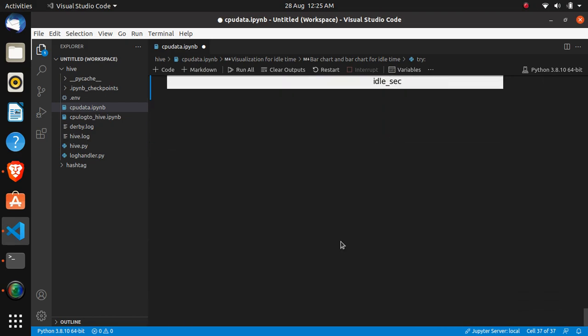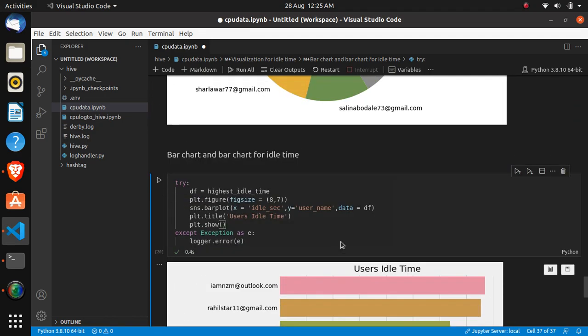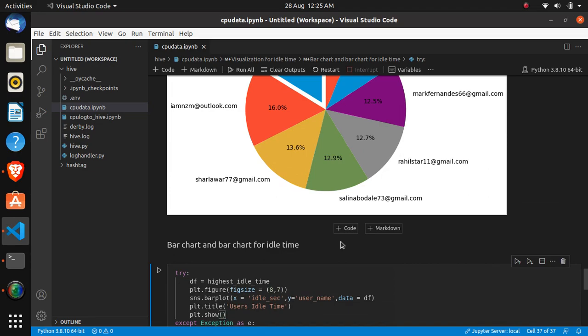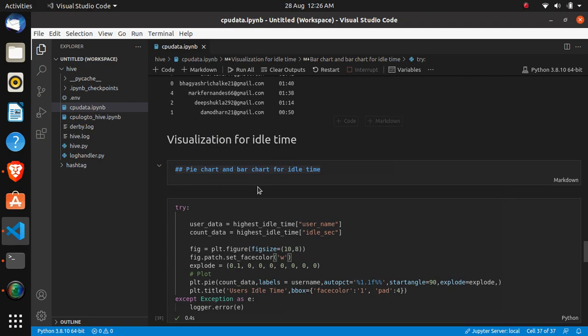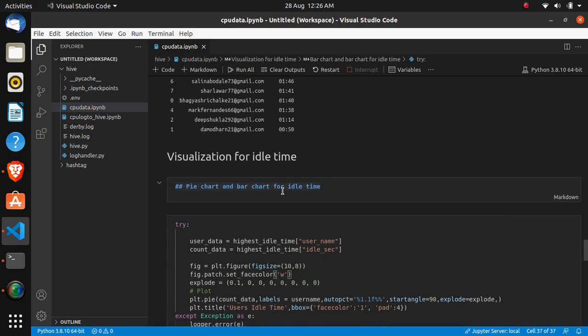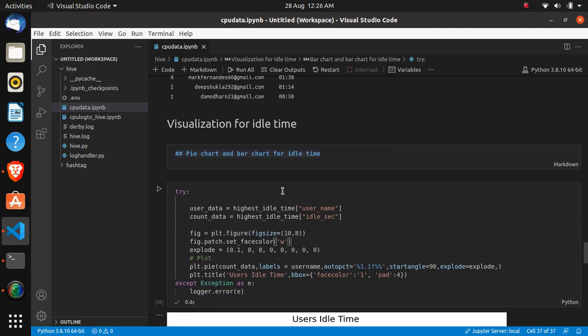So by using these, we can do the visualization: by running a query on our Hive server, which returns our Hive table data, we put it into our pandas data frame and do some processing, like converting it into seconds and then into hours, and then doing the visualization.